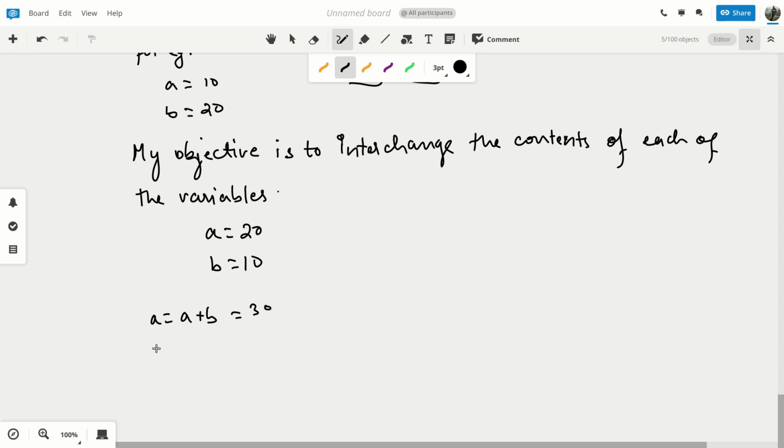So then it will be A is equal to A minus B. Yes, A minus A. Yes, so then only it can be 10. And A minus A will become 0. Why, sir? Okay, I'll show you why. Oh, yeah, because A you have modified as 30, so this will be 30 minus 30.